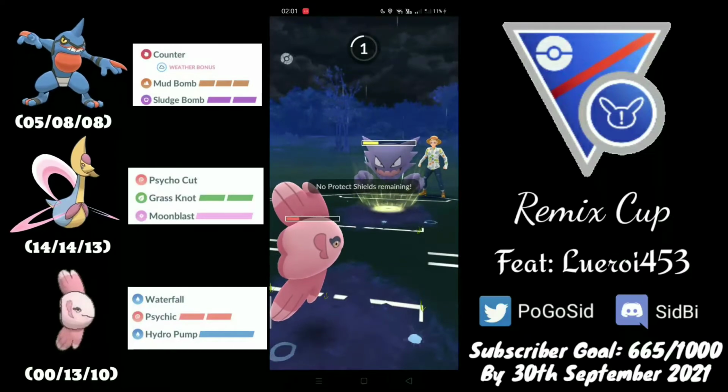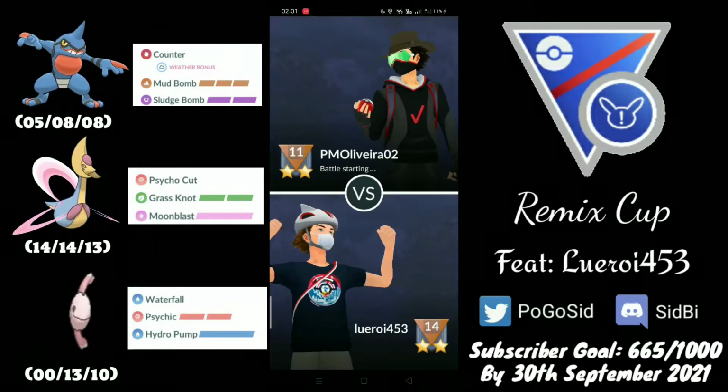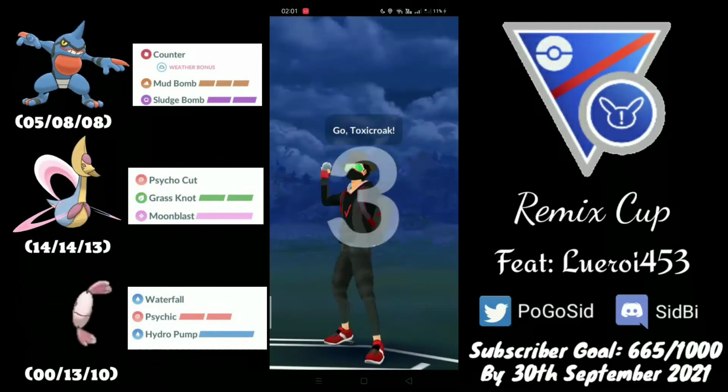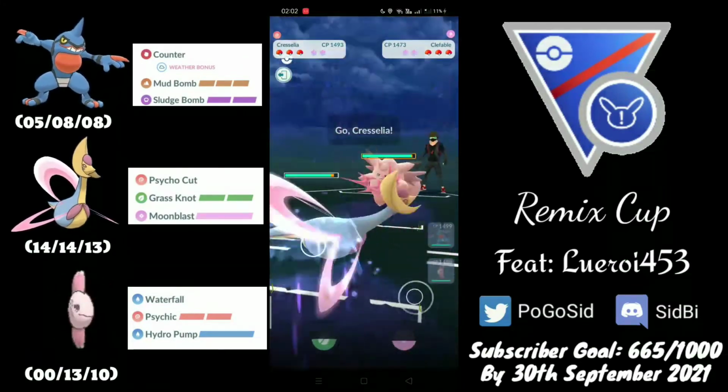Yeah, not Hypno, but Haunter. So Haunter goes for another Sludge Bomb. Yeah, Haunter with energy is really dangerous. Maybe should not have KO'd Victory Bell at that range. So yeah, regardless, it was a really close one and good game. Moving on to the next one, swapping into